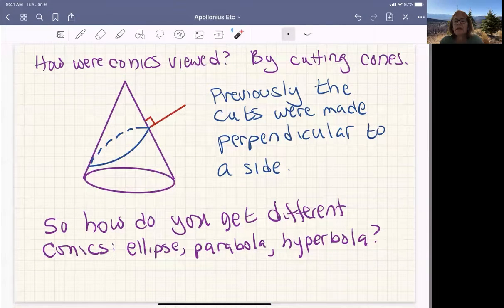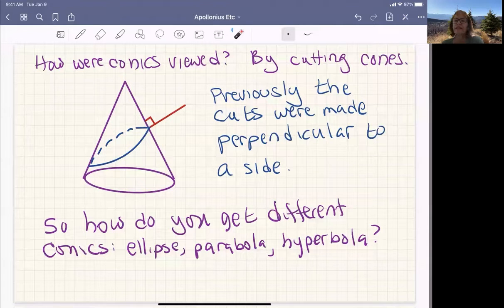Now, we know that the ancient Greeks viewed conic sections as literally sections, meaning cuts of a cone. And so the sect part of section does actually mean cut. So for example, if you think of the word dissect, it means to cut. So conics were viewed by cutting cones,